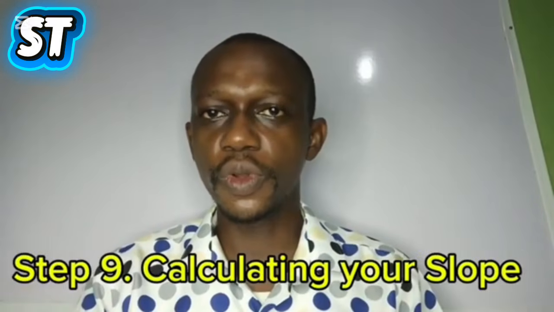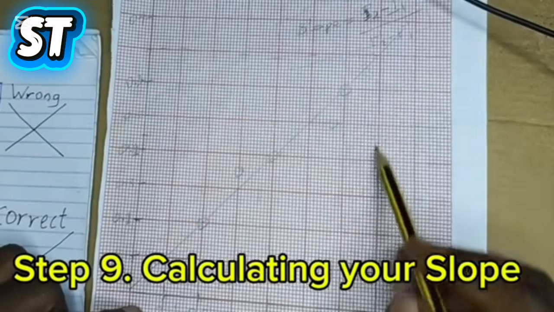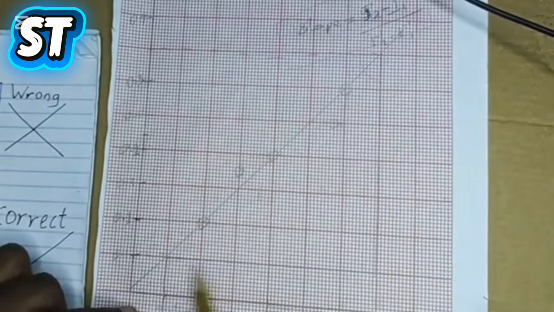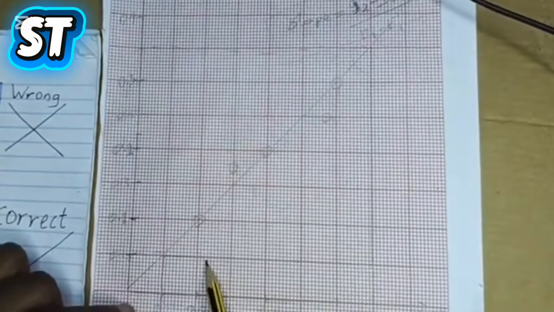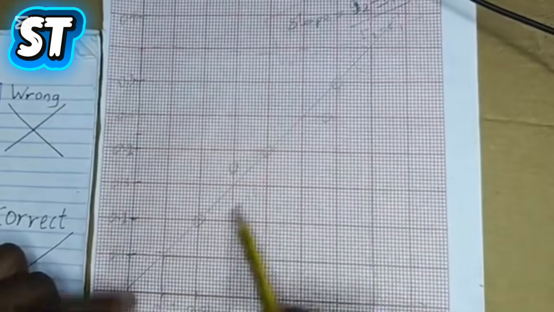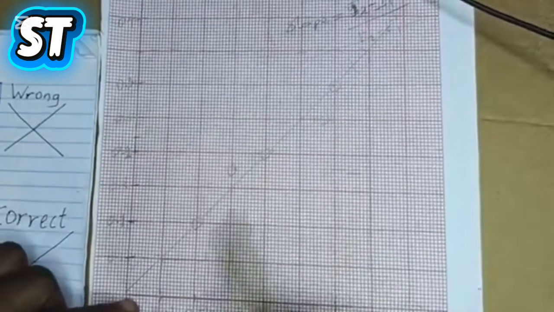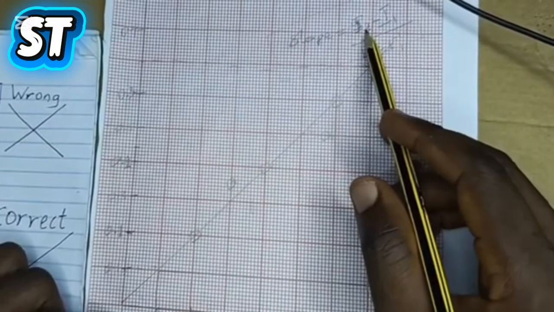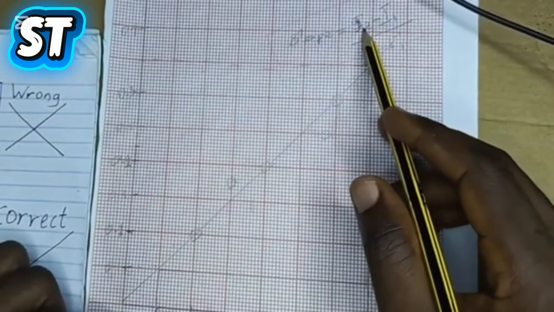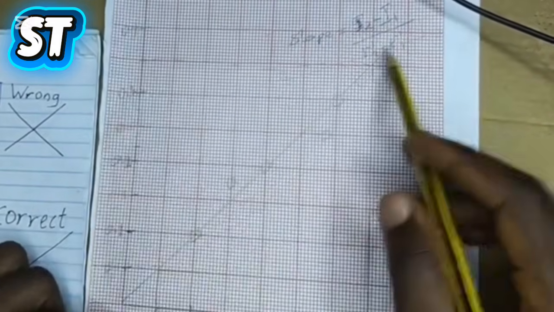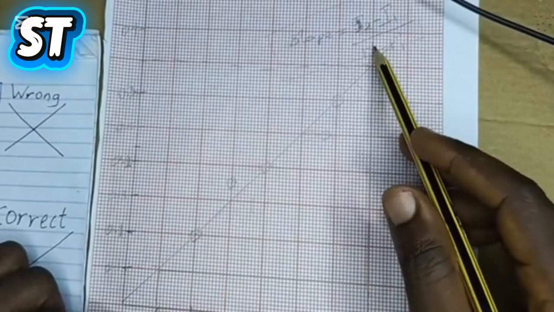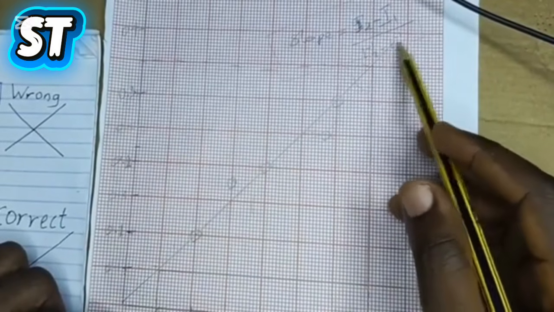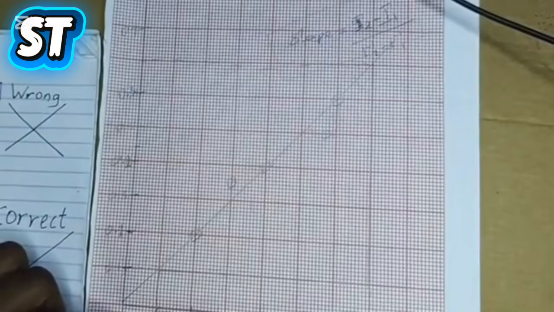So the next step is calculating your slope. Now when you are drawing your slope, make sure your triangle is as big as possible, please. Very, very big. Let it be big. I know you are good at drawing slope, but let it be big, not just small one like this. So your slope here in this scenario will be I2 minus I1, because this is it, and divided by L reciprocal 2 minus L reciprocal 1, because this also is